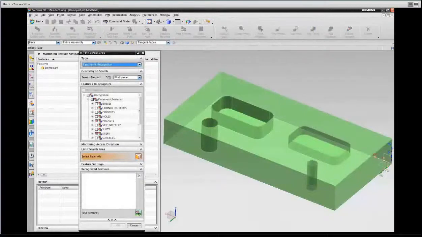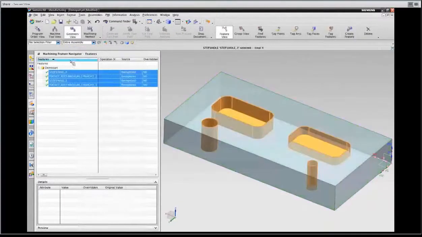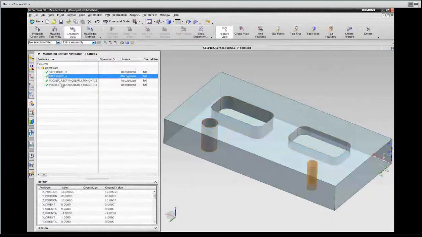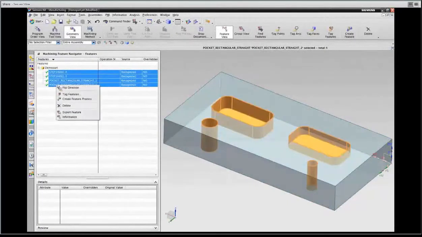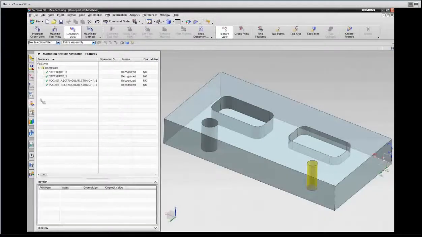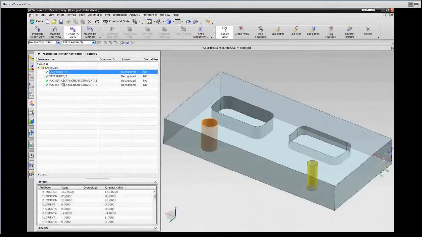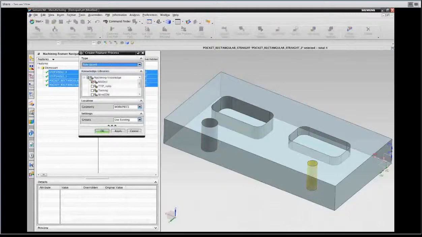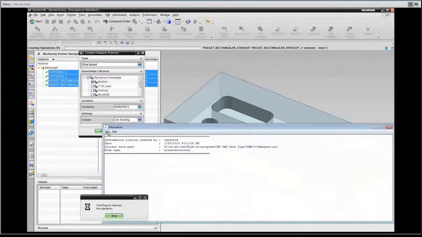Just a quick recap on the feature-based machining workflow. The first step is the Find Features, showing us the library of feature types that are available, and we can go find them and end up with a bunch of machining features. The second step that we've seen before is the Create Feature Process command. If we go back to the Operation Navigator briefly, you'll see there are no operations yet, no geometry objects. And if I select my features, run the Create Feature Process, use the out-of-the-box mill drill library,